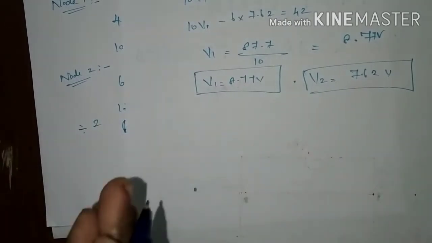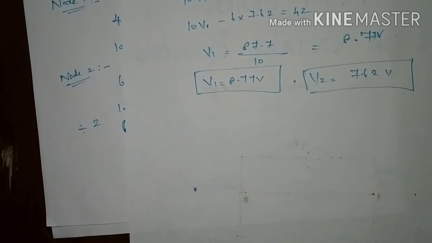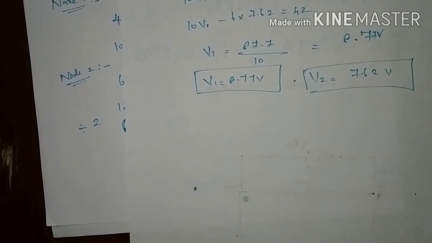Just simple mathematical calculations. I hope you understood this concept of nodal voltages in terms of conductance, that is, if the circuit elements are represented in Siemens instead of ohms. Both are the same. Reciprocal of resistance is conductance. In terms of that, the equations are formed and the equations are solved by normal algebraic calculations only. You can use matrices also, but it is a lengthy procedure. I hope you understood the concept.